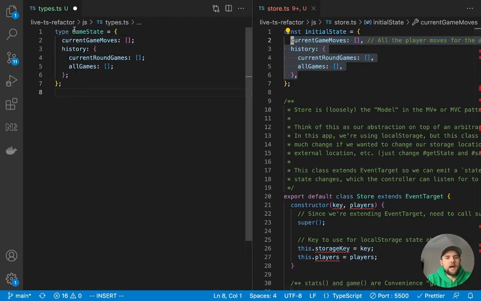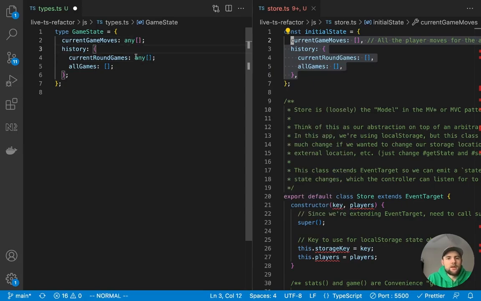So right now, this is not really a valid type. It's not really complaining about anything, but this is not a valid type. Let's go ahead and give currentGameMoves a type. Let's just say it's any for right now, and it's going to be an array.